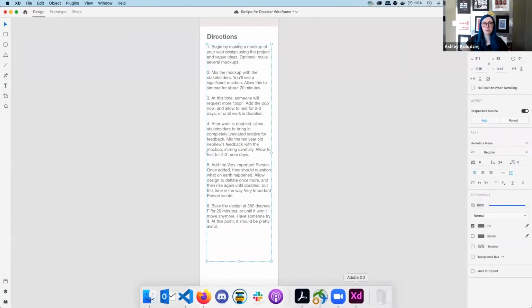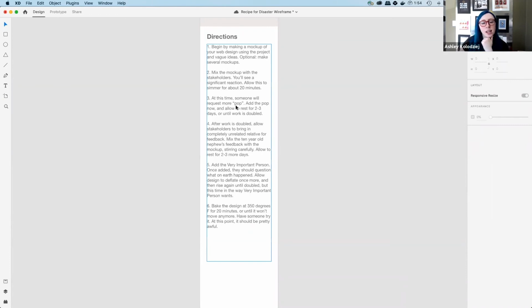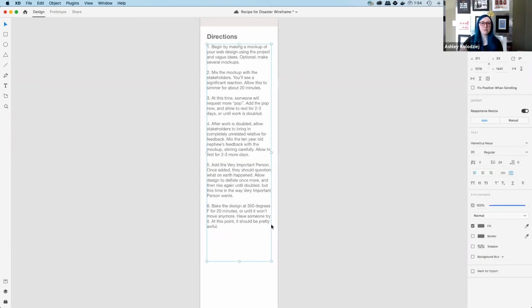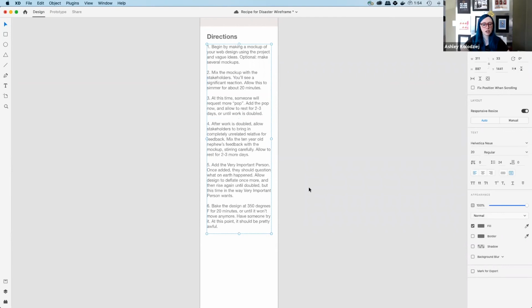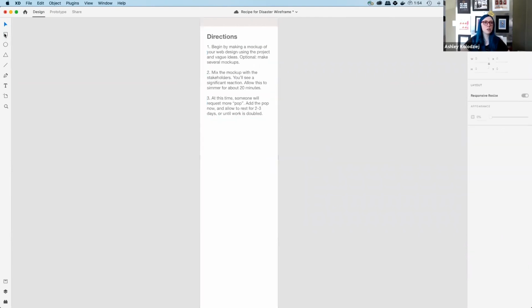We're in great shape. Now, as I'm thinking about these directions, I'm thinking that it might be really nice to show some in-progress pictures along the way so that whoever's following along with this recipe can see the disaster as it unfolds. So let's do that by shortening this text. And I think I want to add a picture in where the work is doubled. So this is going to create overflow text. It just shows this little red item here. Unfortunately, unlike InDesign, there's not really a way to have the text flow out.